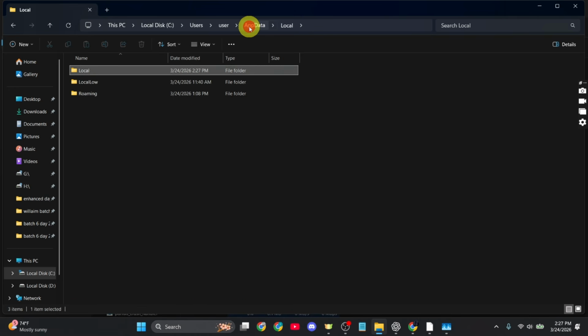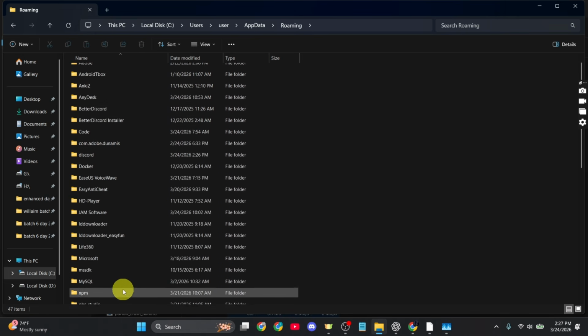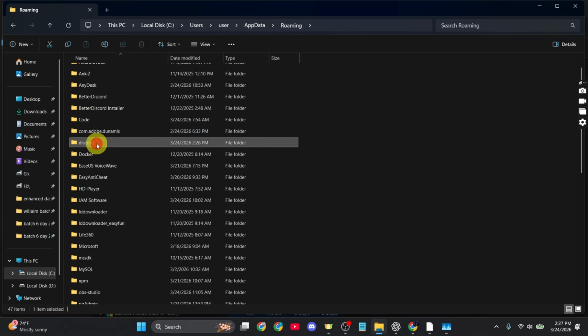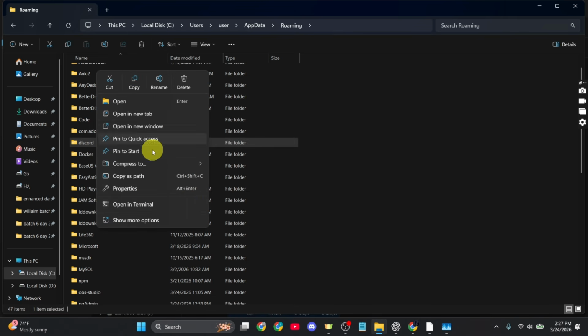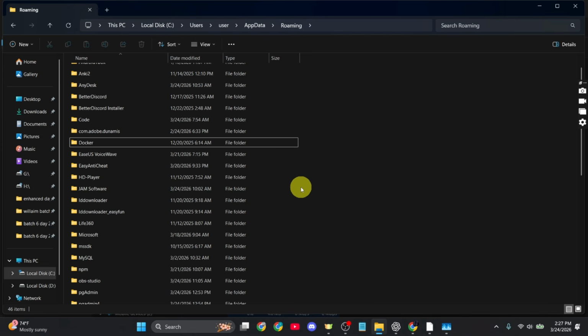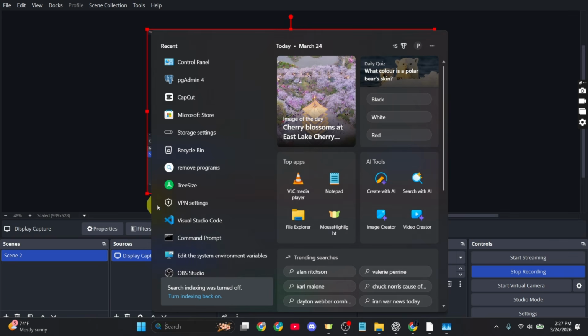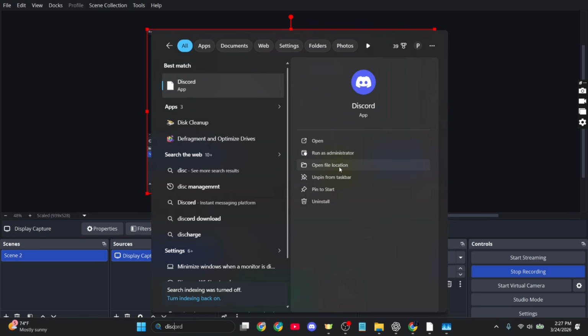Now go back to your app data once again and go to the roaming folder. Open the roaming folder and find Discord once again. Select it, right click on it and choose to delete Discord. Now go back to your Windows search bar and type Discord, and from here click on open